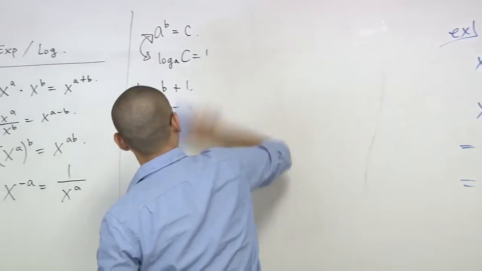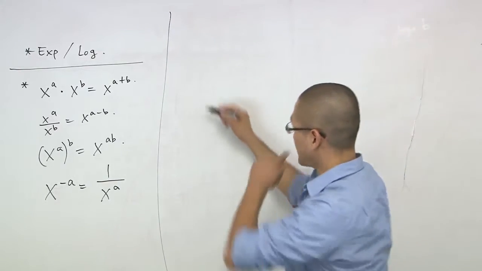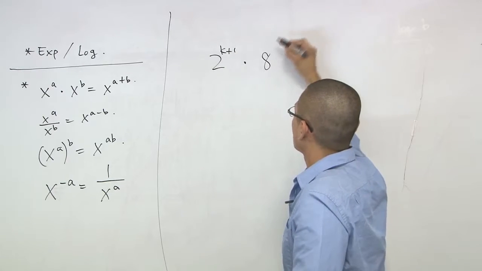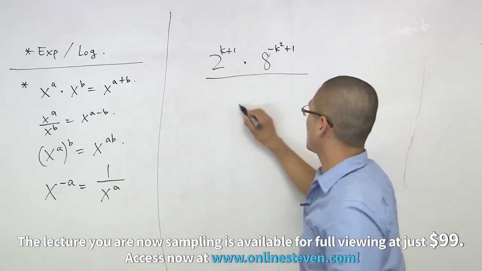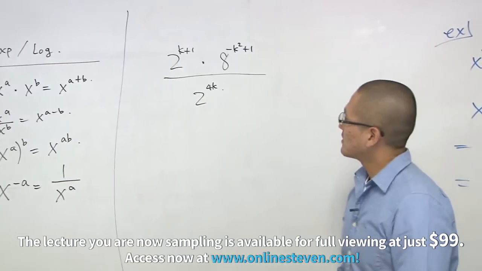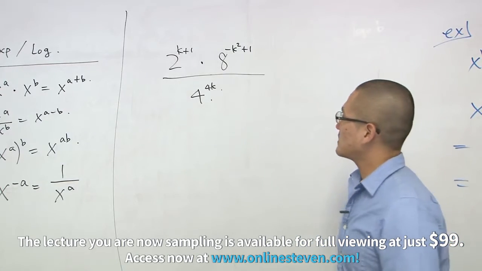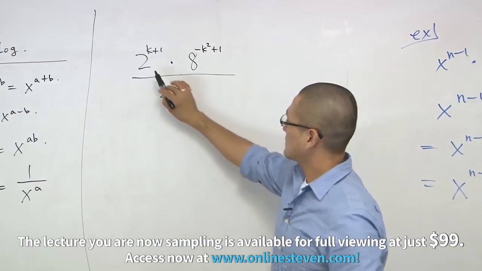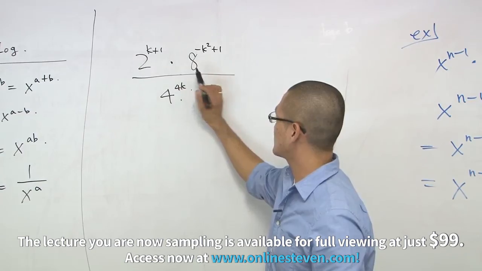All right, that's good enough for random cases, but how do we set up somewhat different form? If I have something like this, 2 to k plus 1 power, times 2 to minus k squared plus 1 divided by 2 to 4k. Let's say we just make that up, right? Okay, then let me just give more flavor here. 4. Okay, how do I put them together into one exponent form? It's all coming about changing all these numbers into power of 2. Okay, this is power of 2. That can be turned into power of 2 by writing